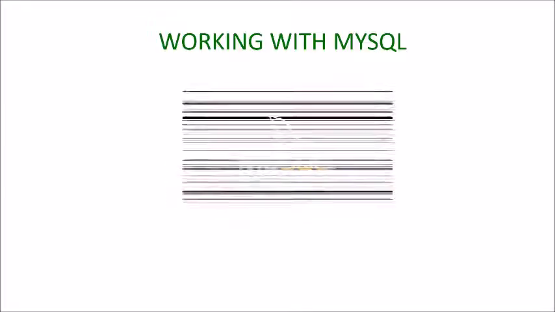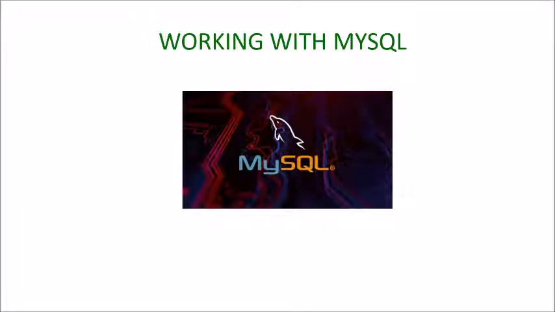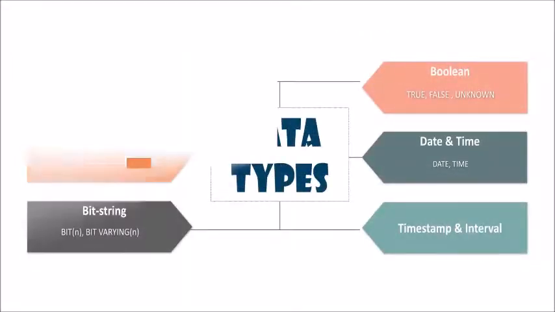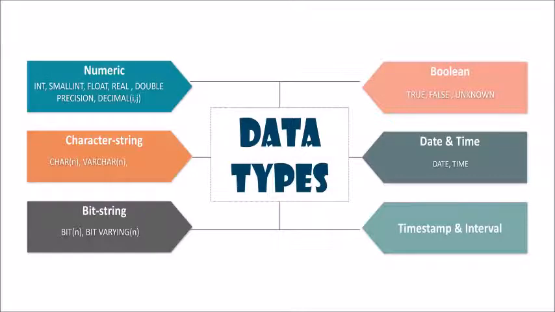The next thing is working with MySQL. So now I'll explain how we can work on MySQL, but before that you need to know what are all the data types which we can use in MySQL. Means the type of data which you can store in these tables. So these are the data types. Now the first one is numeric. See, I'll not go into much detail. I am going to explain all the data types one by one, as and when I use them while working with the data. So that time only I'll explain.